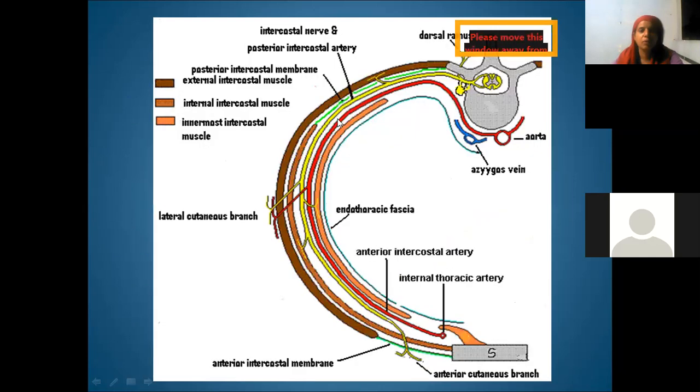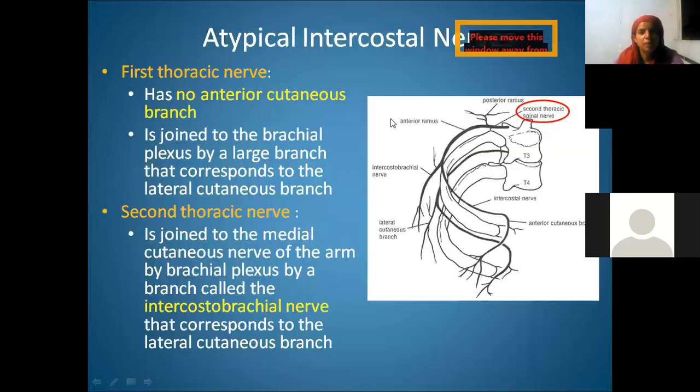Okay, this is one more picture you can see. This is thoracic vertebra, spinal cord, spinal nerve is coming. It is running between external intercostal muscle. This is internal intercostal and this is innermost intercostal. And this is the course of the nerve. Okay. Then, so these are its branches we have. This is the dorsal ramus. We have collateral branches, lateral cutaneous branches, anterior cutaneous branch we have. Okay. Then,